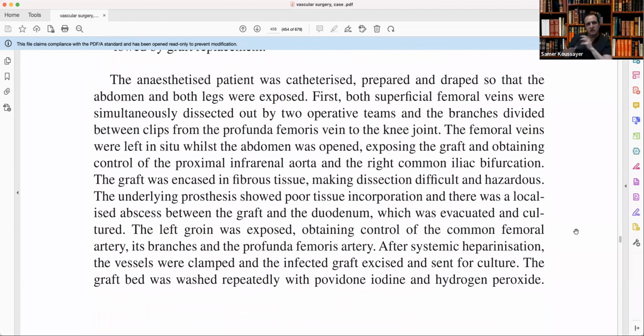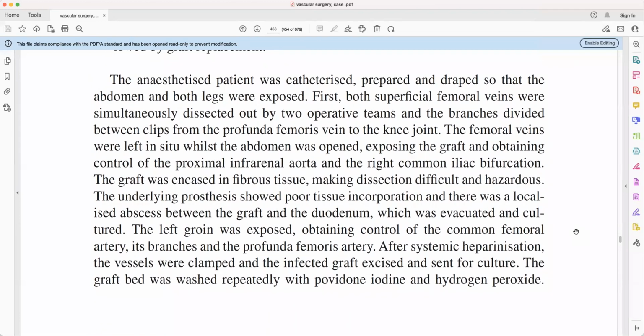Let's see. They anesthetized the patient, who was catheterized, prepared, and draped so that the abdomen and both legs were exposed. First, both superficial femoral veins were simultaneously dissected out by two operating teams, and the branches divided between clips, and the profunda femoris vein to the knee joint. The femoral veins were left in situ while the abdomen was opened, exposing the graft, obtaining control of the proximal infrarenal aorta and right common iliac bifurcation. The graft was encased in